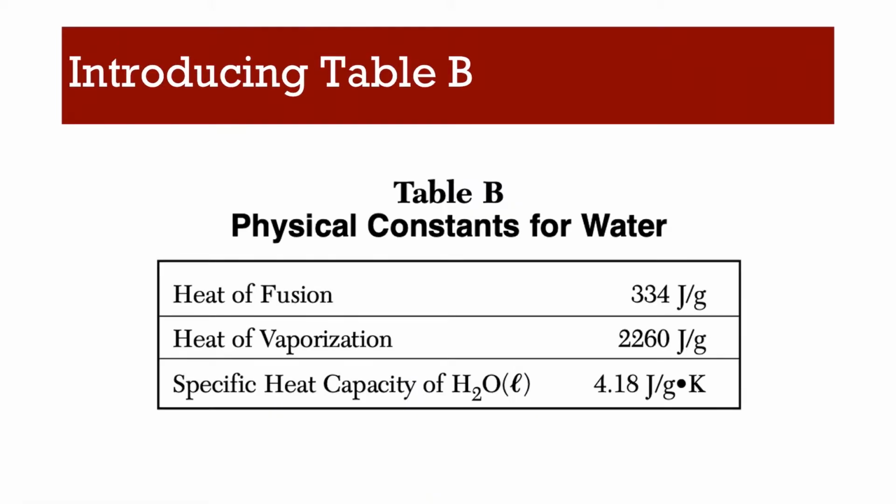So here is table B, like I said before. So just for today, we're going to focus on the specific heat of water. We'll talk about the other two values next time. But something else I want to mention is the unit. So here you see it as joules per gram degree Kelvin. You can also see it as degrees Celsius. For this unit, the temperature unit